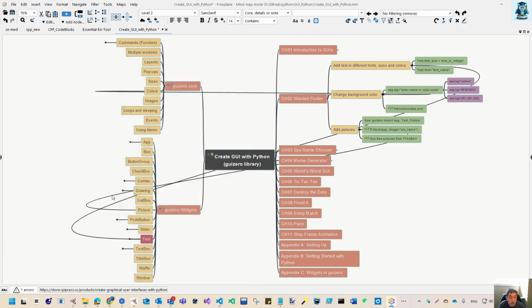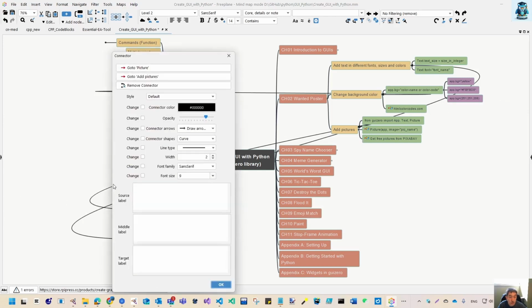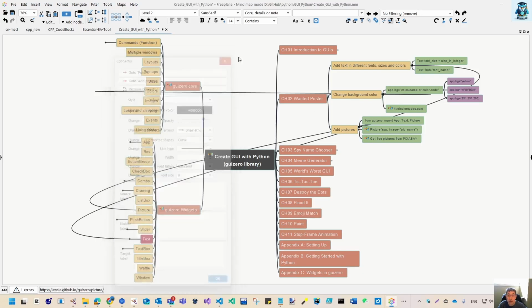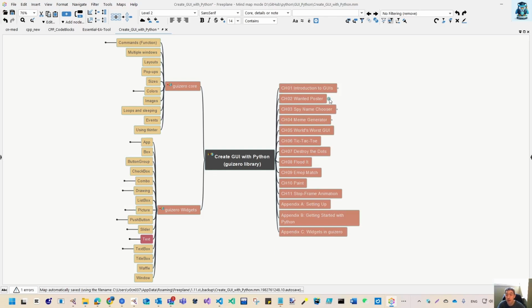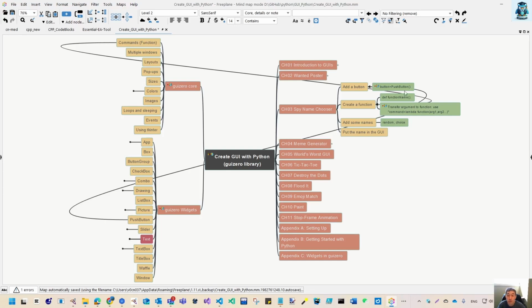Let me see here. Is the picture? Oh yeah, it's this one. I right-clicked wrong. So you can see here, go to picture and go to add picture. So that comes to this knowledge point. When you close this part, we're back to the clean version. Like our chapter 3,